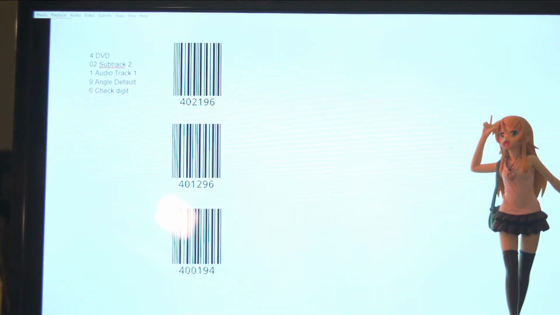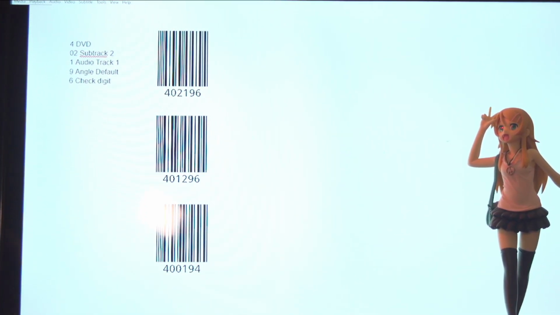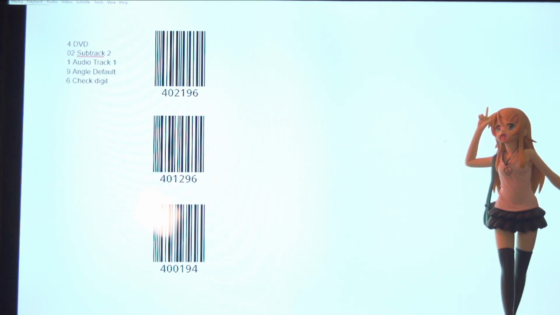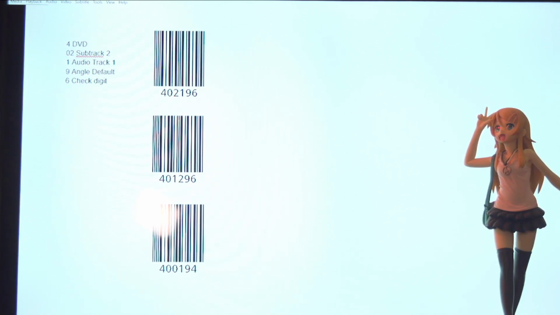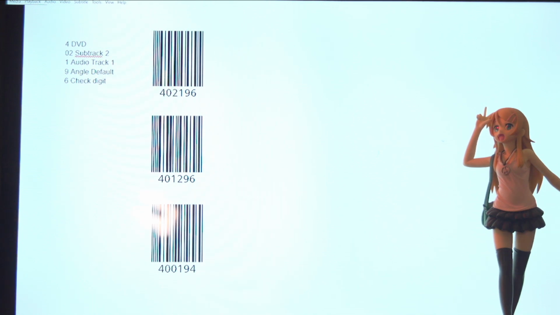A 6-digit attribute control command is very similar to the LaserDisc 4-digit commands, in the sense that it gives us access to the basic functions of the DVD player without worrying about where in the disc we need to be or what we need to do. So if you wanted to control audio, subtitles, or even just random DVD menu things, you could use a 6-digit control to execute that. So for example,